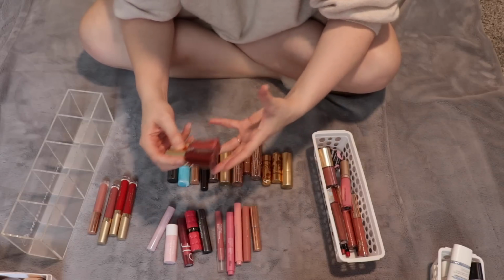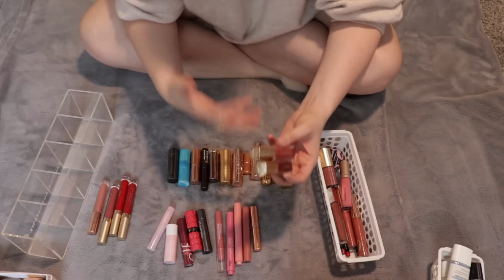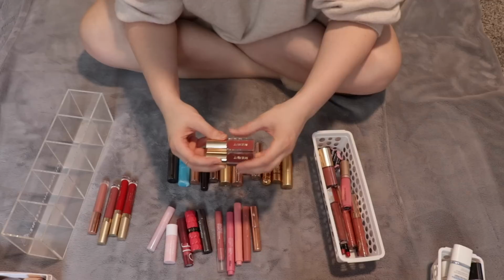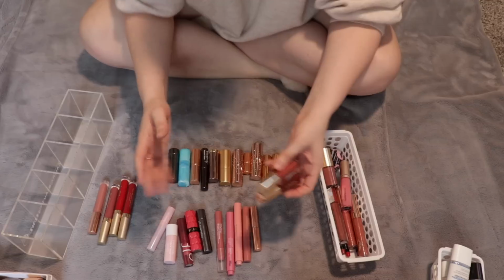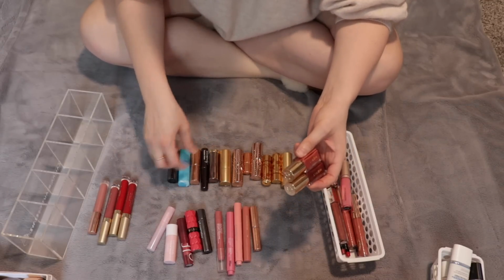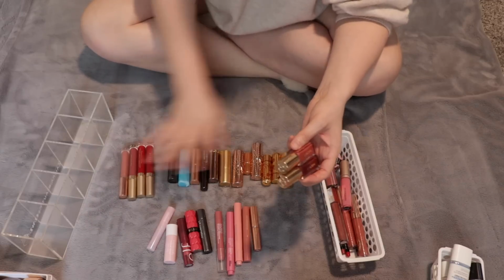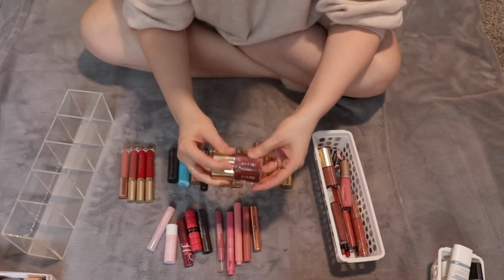I thought maybe it was just a winter thing when my lips are drier, but we're in the spring, early summer months, and I'm still preferring a thicker, more moisturizing lip gloss. I think it's just a personal preference that's changed for me over the years. I've also preferred moisturizing lipsticks and tinted lip balms over traditional lipsticks and liquid lipsticks. So I think things are changing for me, and so I am going to declutter both of